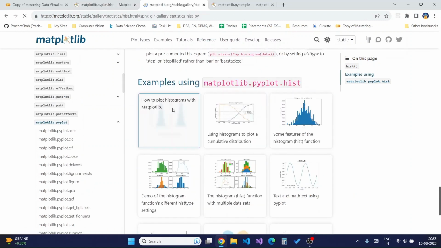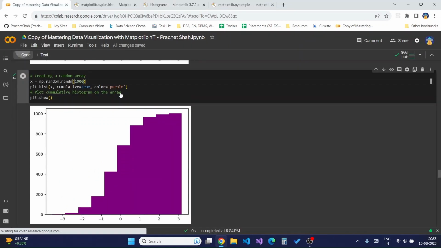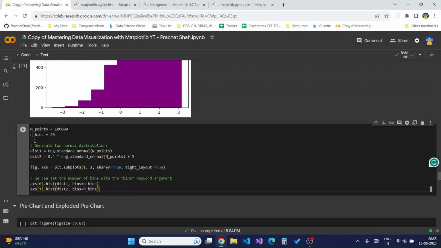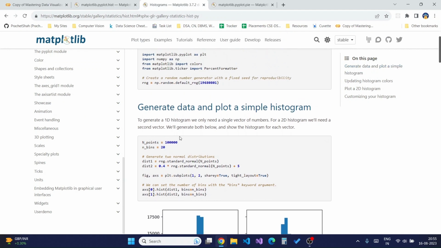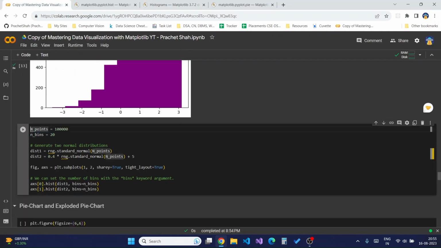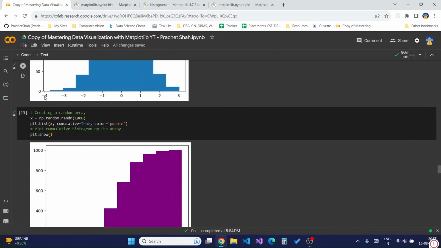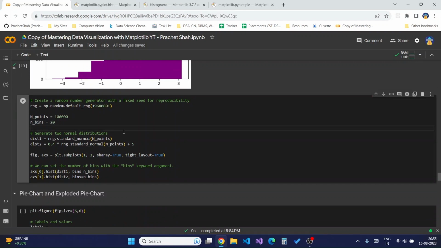So let's copy the code from here and change some stuff to see how a histogram actually works. This is a histogram which uses the bins parameter. This is the histogram code which uses n bins and endpoints. Endpoints is our array of values, and n bins is the number of bins here, where this here is one bin, minus 2 to minus 1. So this is a bin here, and it is